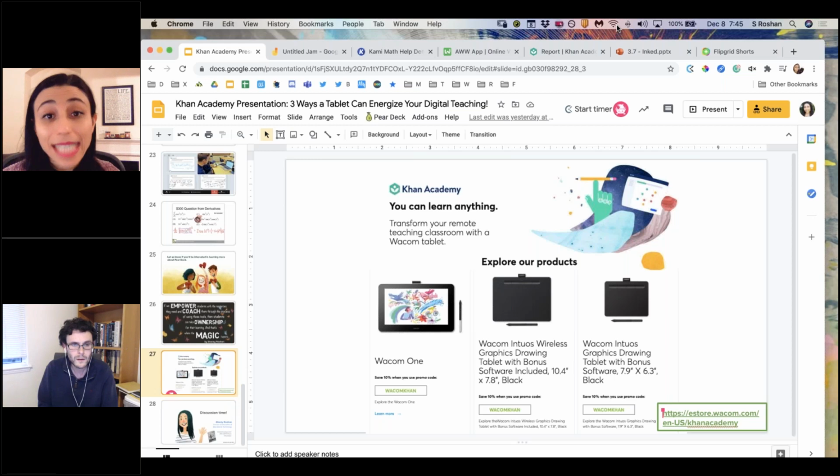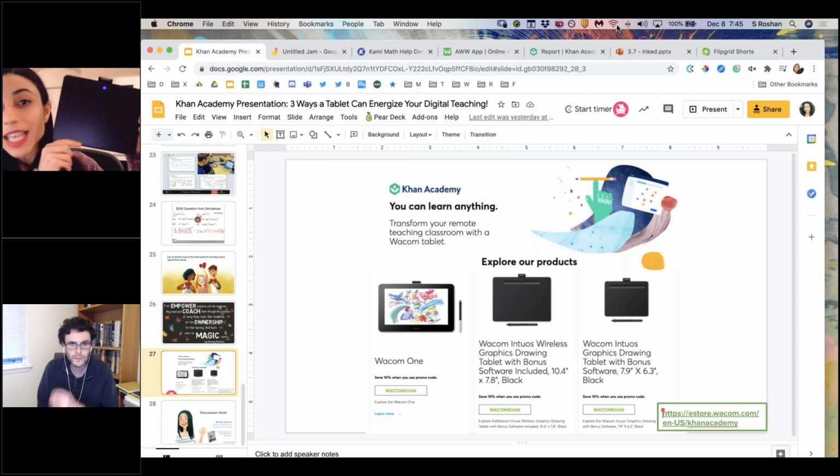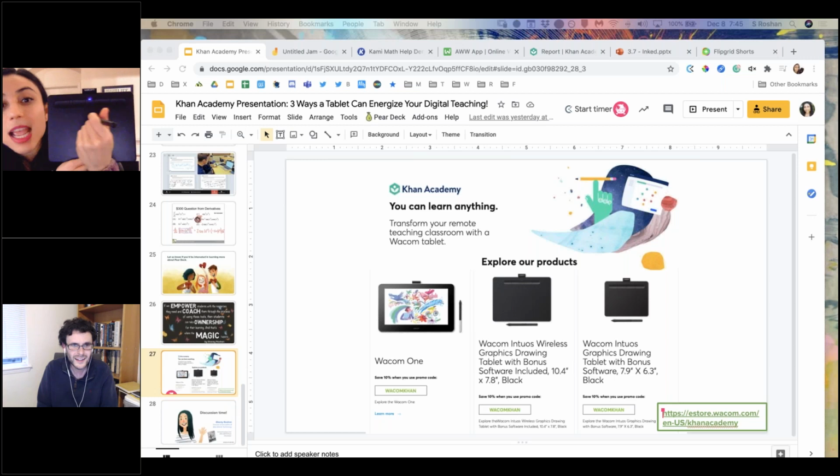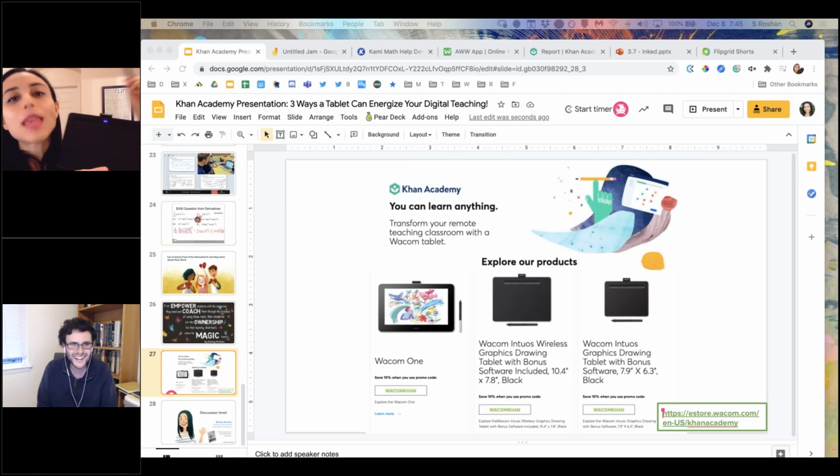It works exactly like a huge mouse pad, okay? So you think of this as a mouse pad. Like this top left corner corresponds to the top left of my screen. And the bottom right is like the bottom right of my screen. So wherever I'm positioning my pen is where I'm going to be writing on the screen. And so then I have a pen. So it mimics exactly, it's like a giant mouse pad, and I'm able to write with the pen. So that's this style of tablet.